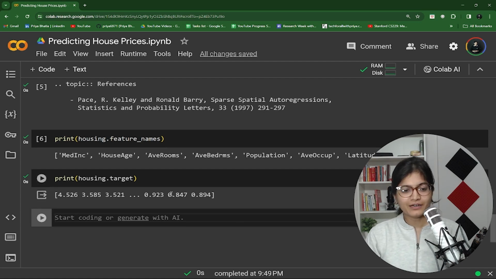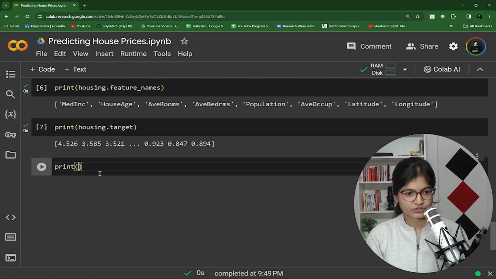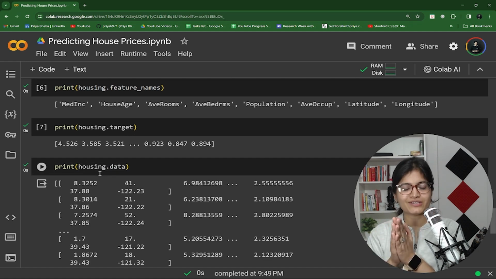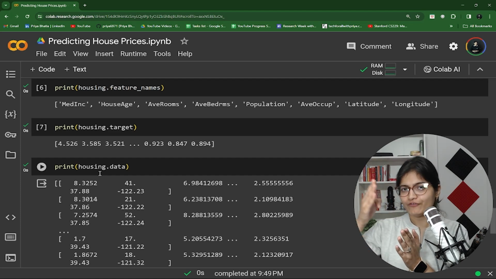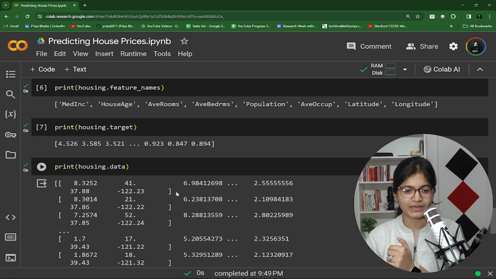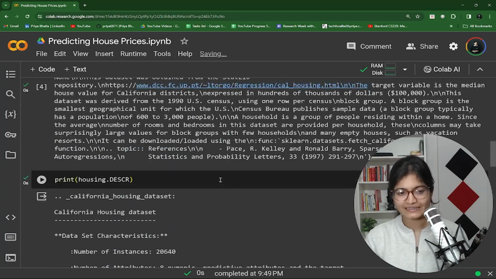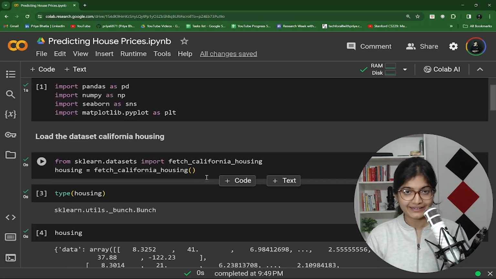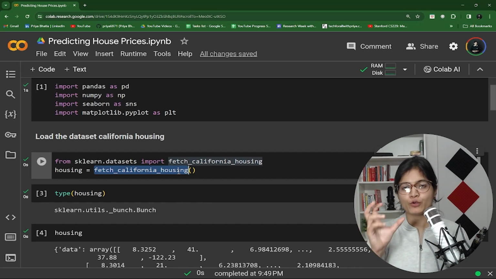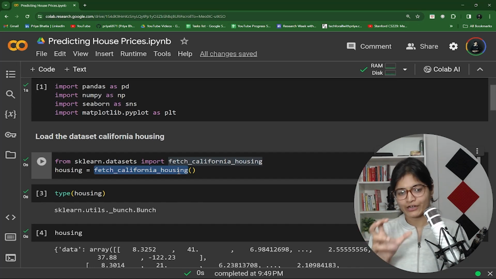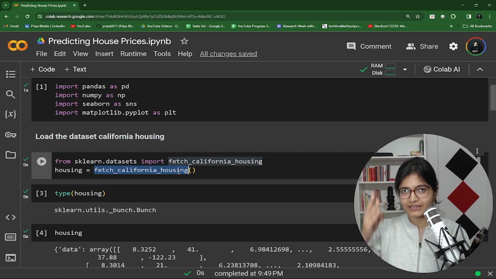Similarly, if I want to see the data, I can say housing.data. It's a 2D array, and again here you will see for every attribute what value is available. So in this way, we can see the complete description of the data set. I hope you understand this data and the problem statement pretty well: we have the attributes or features, and corresponding to them